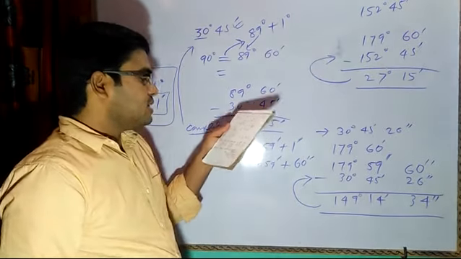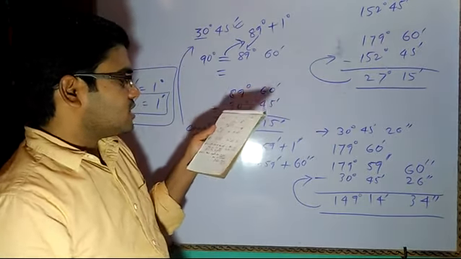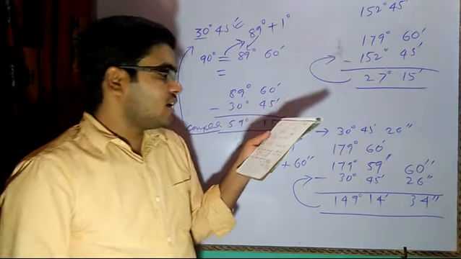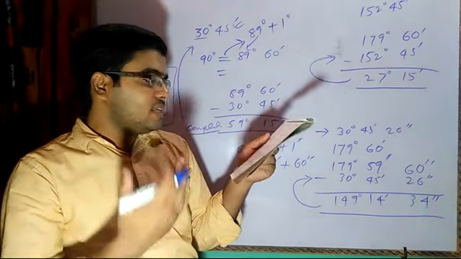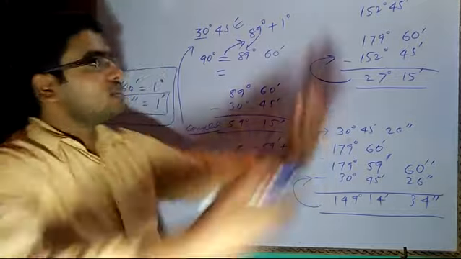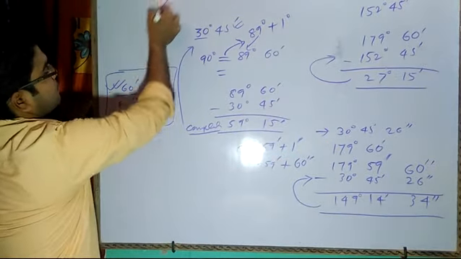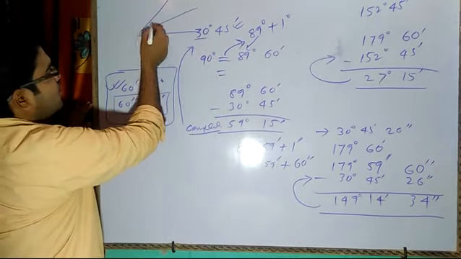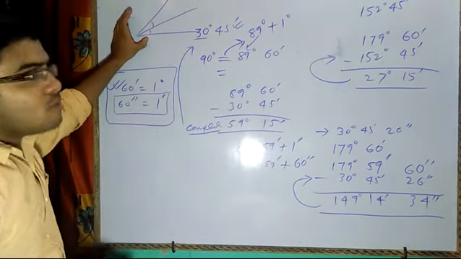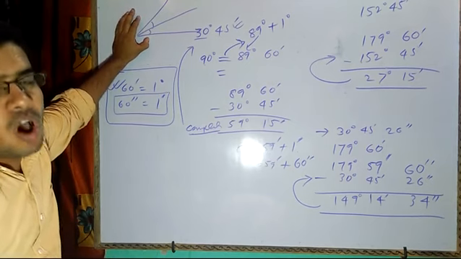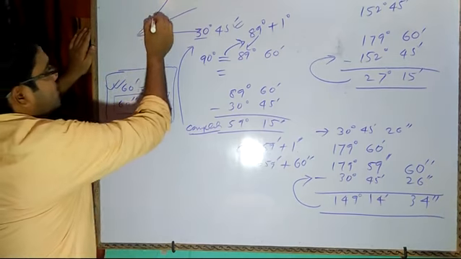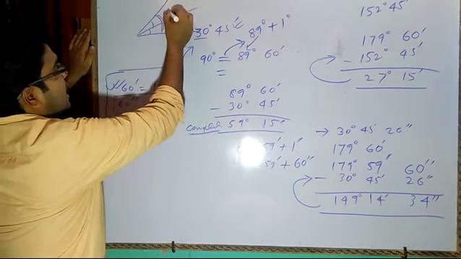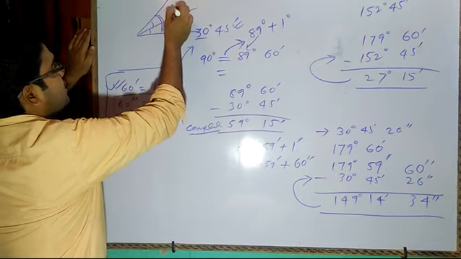Now question number 8 says that the sum of two adjacent angles is equal to 110 and one is 40 less than the other. The adjacent angles are given here. I hope all of you know what an adjacent angle is. This is the meaning of adjacent angle. The sum of these two angles is equal to 110. The entire angle is equal to 110 degrees.